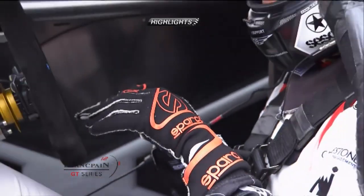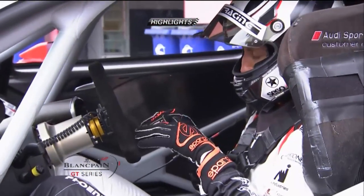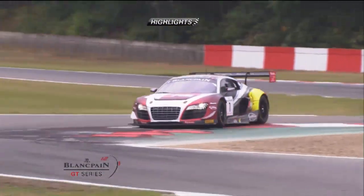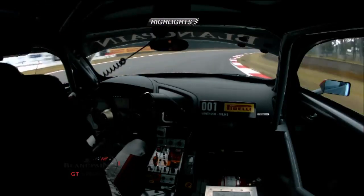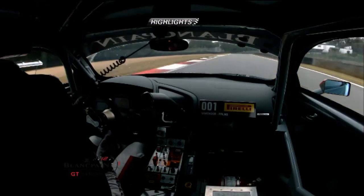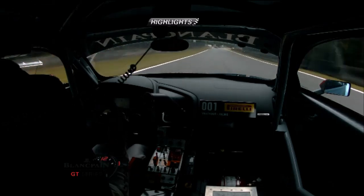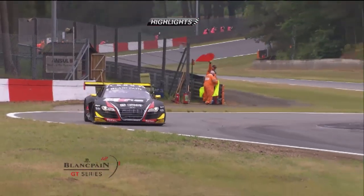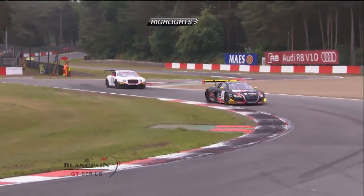Still quite grey first thing in the morning as the drivers gathered their thoughts, thought their way out around the lap here at Zolder. 4 kilometres. There for the first time we're seeing the new livery on the number 1 Audi, and that has been delivering every time it's been out onto the circuit. And just a chance to see the flow of the Zolder circuit as we weave through the back section, out through the trees. And there were incidents. That was Christopher Mies getting it wrong at the chicane,